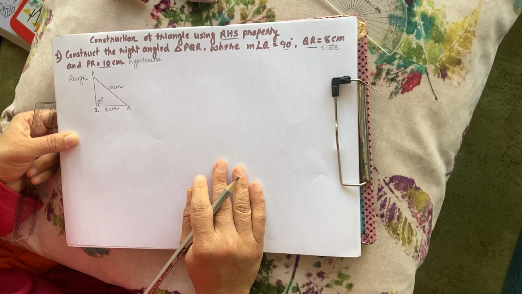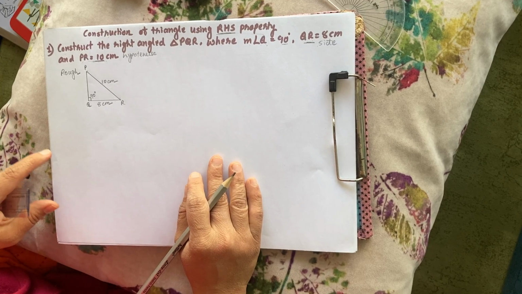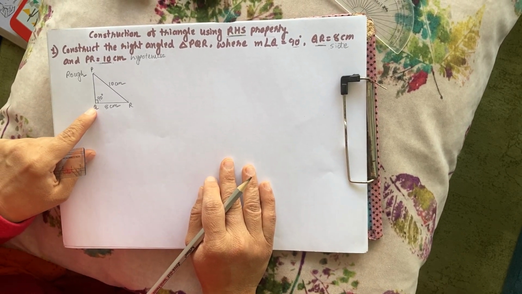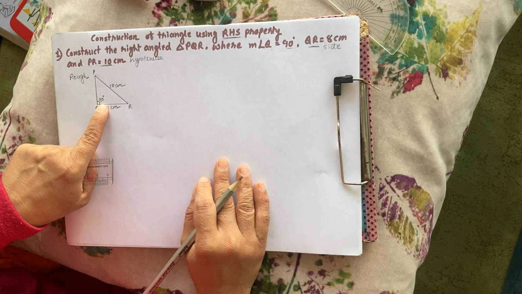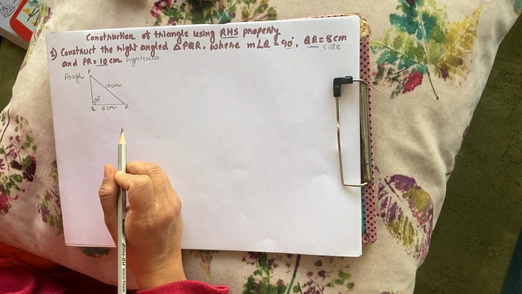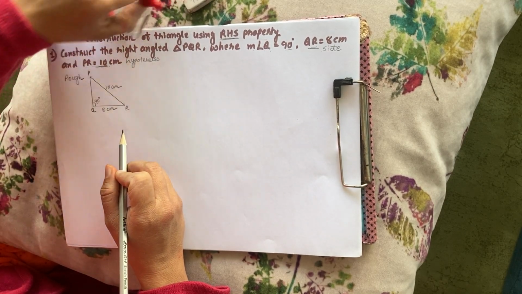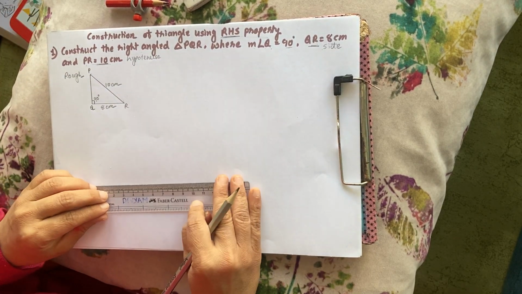Now you will think, teacher, how will we draw this? Very easy, I will show you how. Before we start, I will let you know that for this Q, which is 90 degrees, we will not use a protractor. We will do it with the help of a compass. So we'll start drawing it.